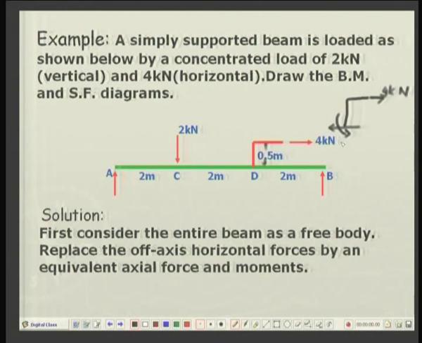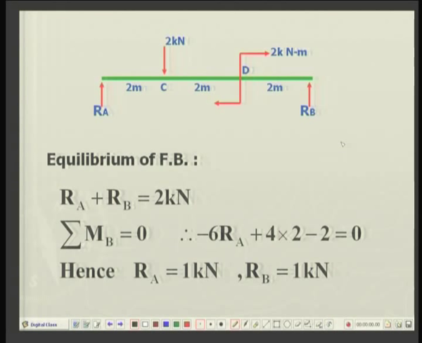Okay. So, if I show it over here, this beam with the bracket is simplified as a beam with a concentrated load of 2 kilonewton at C. At D there is a couple whose moment is 2 kilonewton meters, and R A and R B are the two reactions.